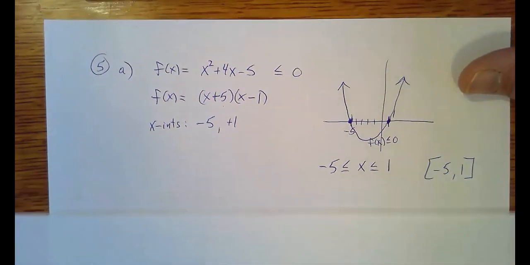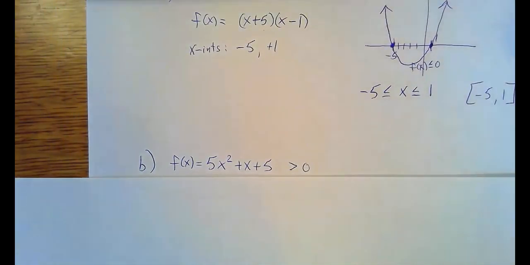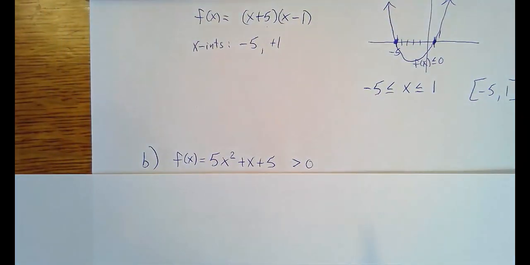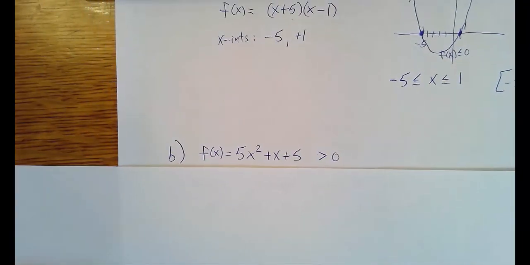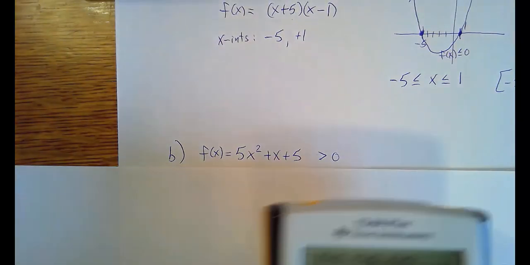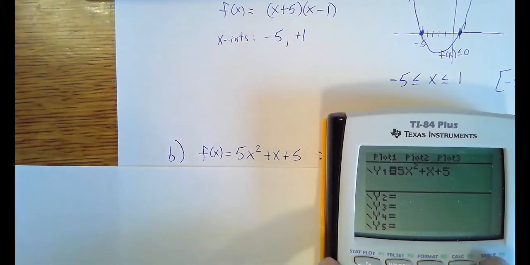Now for part B, we have to solve a similar inequality. F of x equals 5x squared plus x plus 5. And we want to know, when is this function greater than 0? Well, if we use a graphing utility, like on a graphing calculator, we can enter this expression, and then when